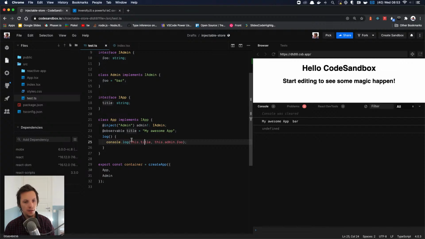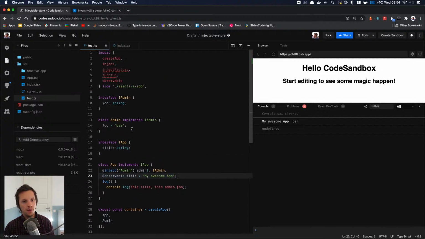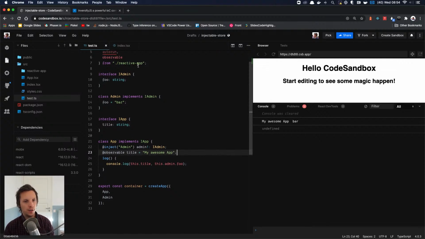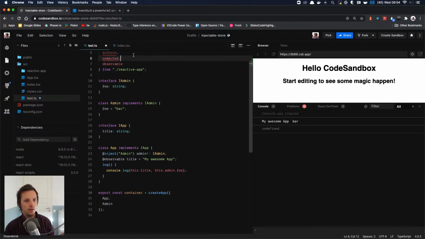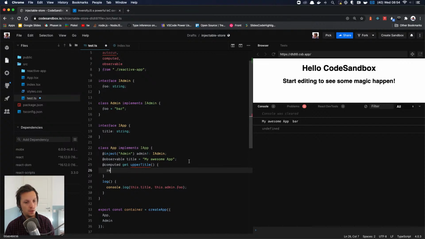So now we actually have an observable title, which means that if we were to change this title, anything observing it would actually change. This is basically how MobX works with React and everything. But you explicitly say what is observable state and what is not observable state. And then you have things like computed, which you also just use. So you have computed, get upperTitle, for example,